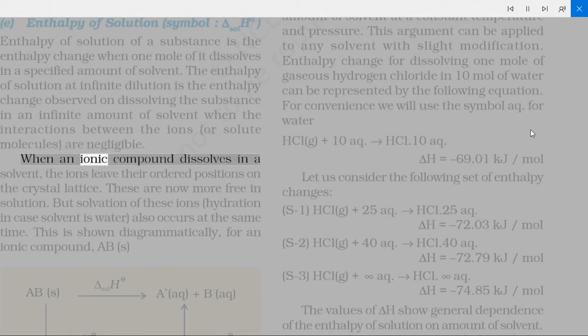When an ionic compound dissolves in a solvent, the ions leave their ordered positions on the crystal lattice. These are now more free in solution. But solvation of these ions, hydration in case solvent is water, also occurs at the same time. This is shown diagrammatically, for an ionic compound, AB(s),